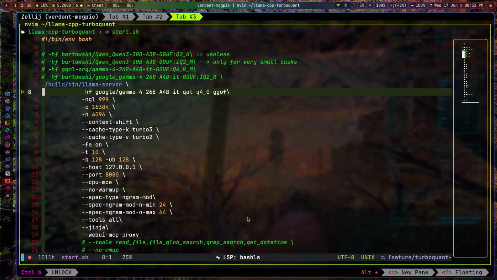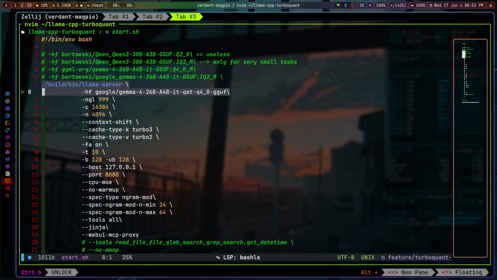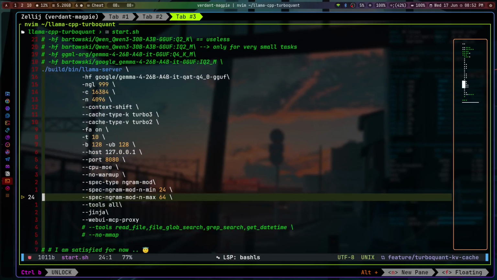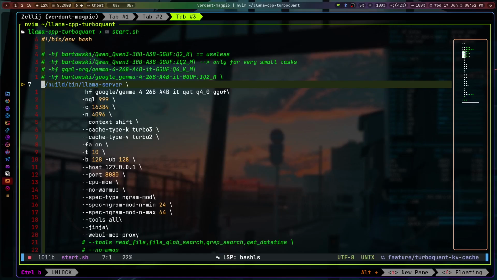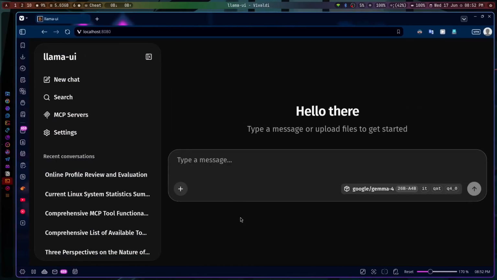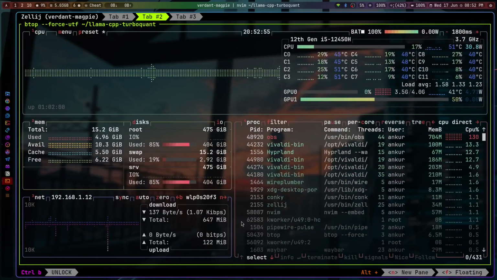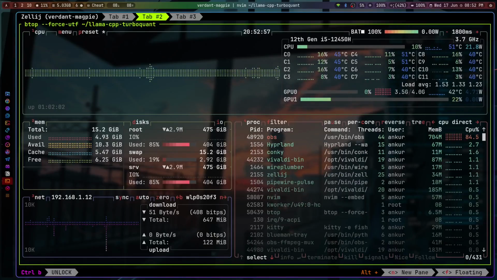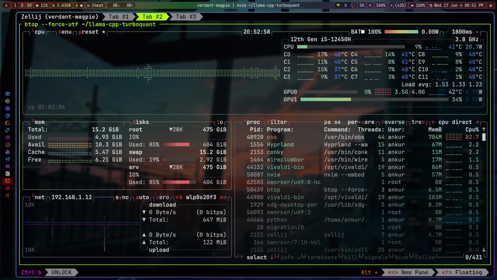What it does is squeeze out the maximum performance. I have 4 GB VRAM, I think an NVIDIA RTX 3050,